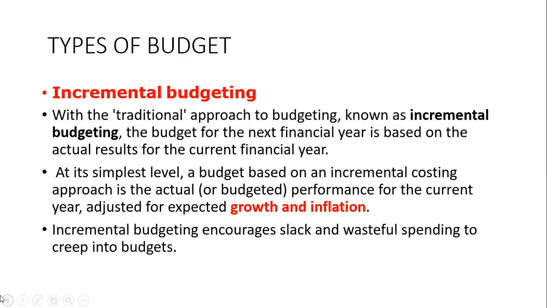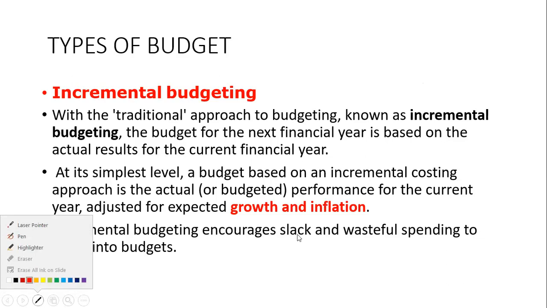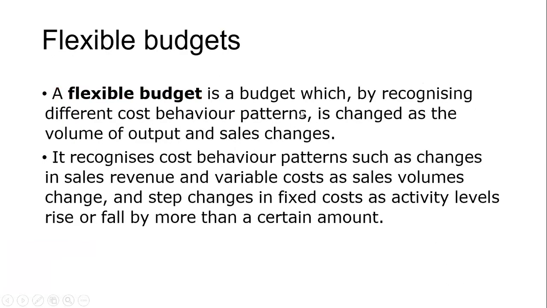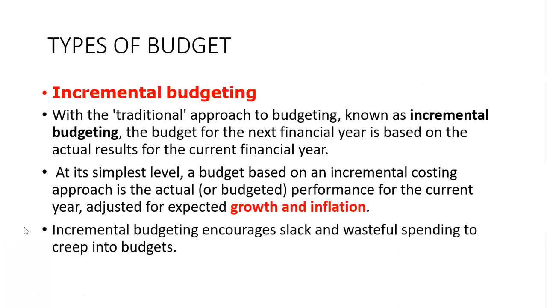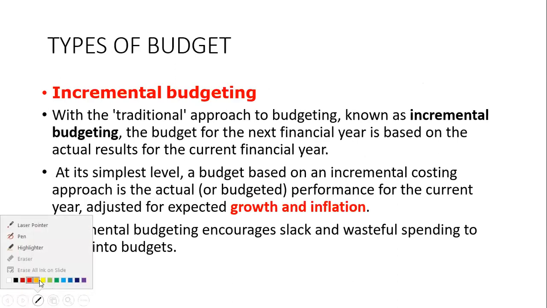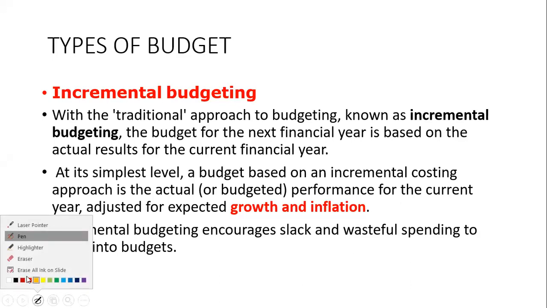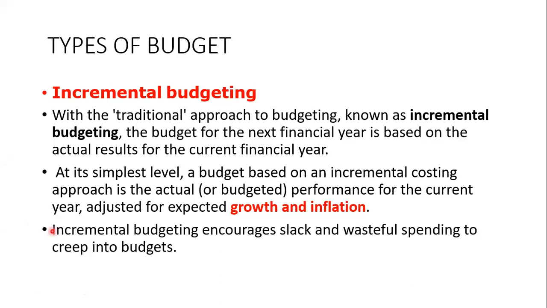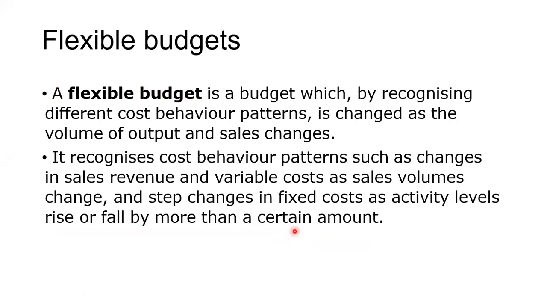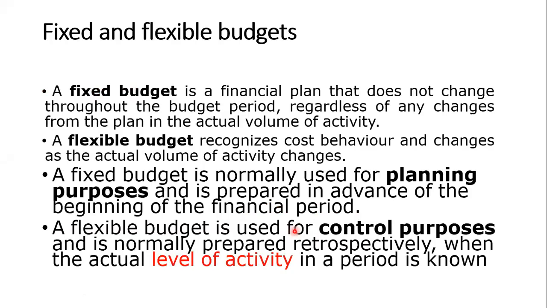Some people may lie that there is growth and use it to fix their money inside. So it leads to wastages, as you may check here. That is what a flexible budget or an incremental budget could lead to. It may lead to that, and that is what we could easily notice from that. Now, we'll later go into the details of fixed.